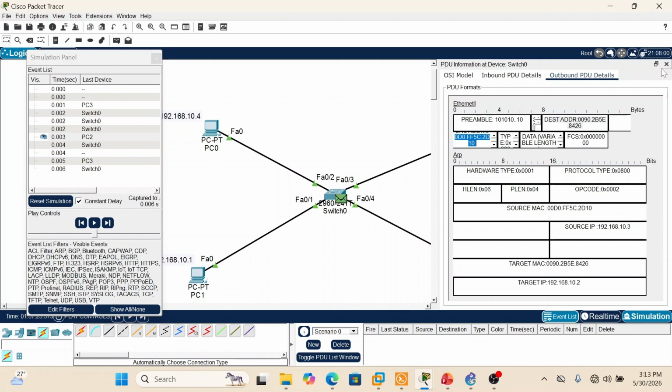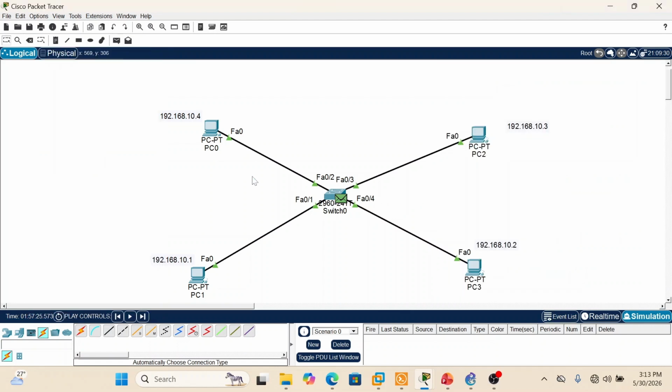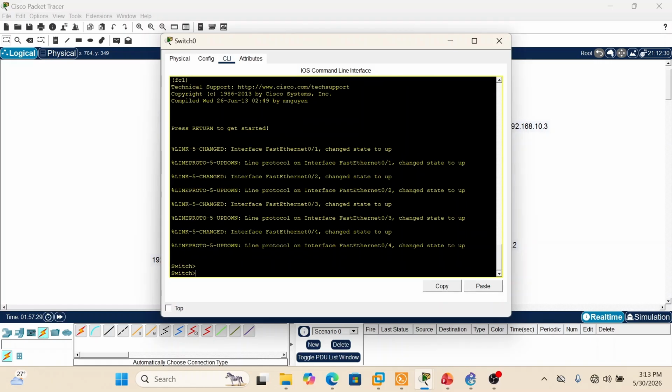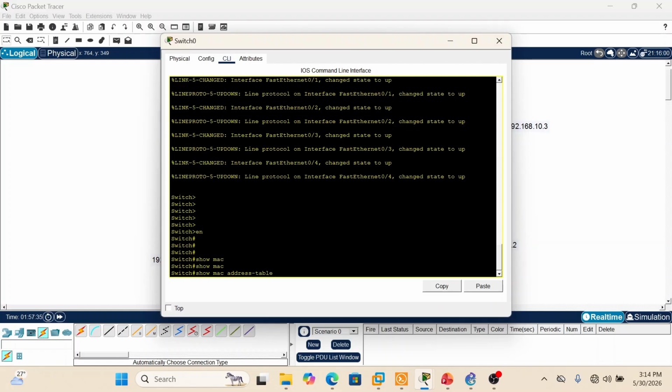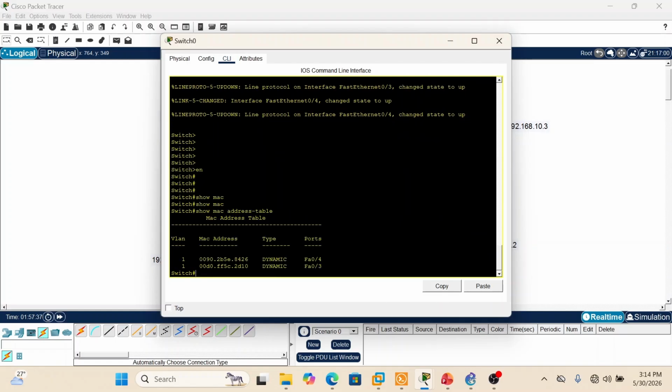Now let us see the MAC address of the switch, how was that added. So nitarudi hapa katika real time mode, then nitakuja katika upande wa CLI ya my switch, then nitaingia katika privilege exec mode, then nita show MAC address table. So unaona hapa kwamba hii switch imeweza kulearn two MAC addresses. The first MAC address it is